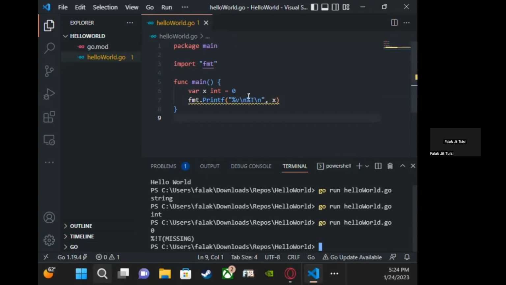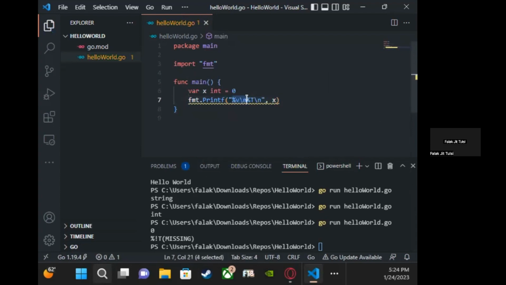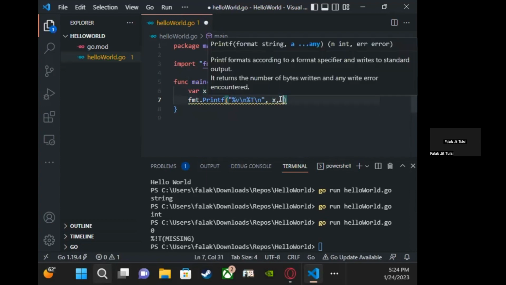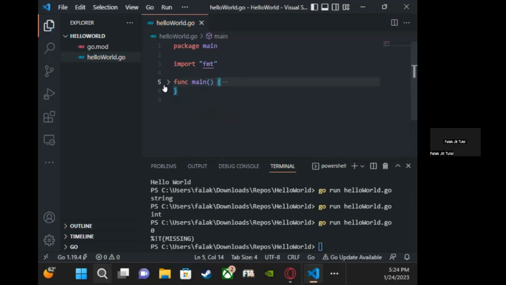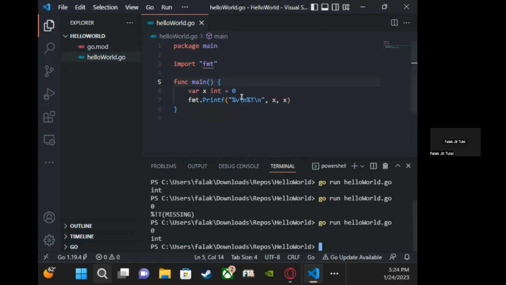Oh, what is that? Oh, I see. Okay, yeah. So in here, it was expecting 2 arguments, one for v and one for t, but I only put in 1. So I'll put 1 more, and now it'll work. And you can see we have 0 and int